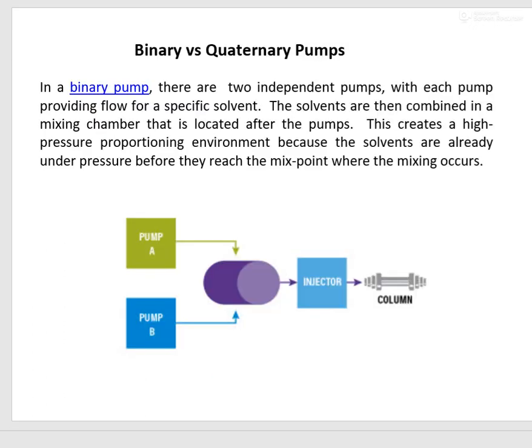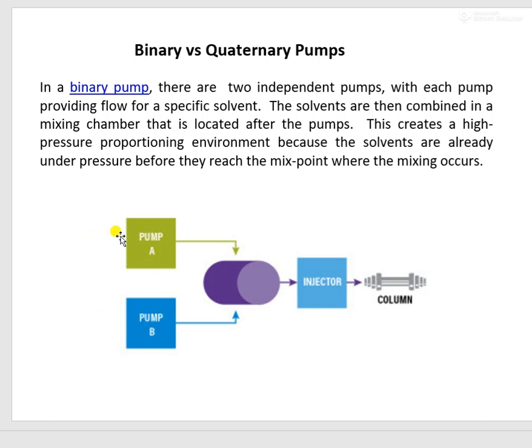Now next is binary versus quaternary pump. In a binary pump, there are two independent pumps. Binary, the name itself suggests there will be two independent pumps, with each pump providing flow of a specific solvent.